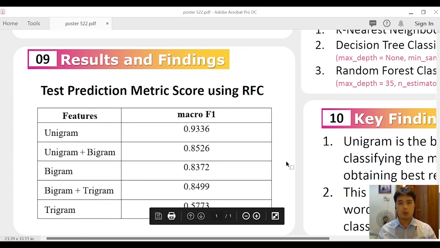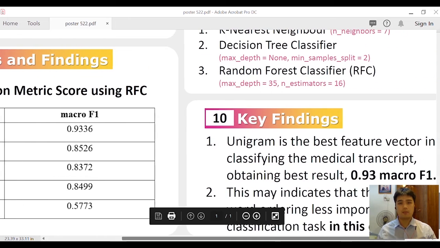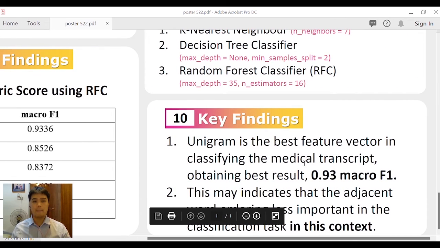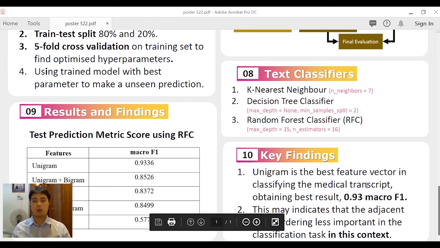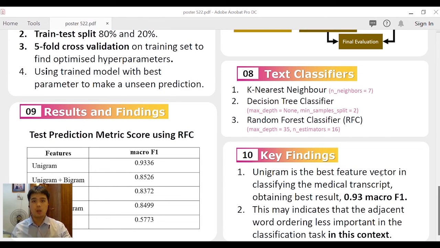The key finding is that unigram is the best feature vector in classifying the medical transcripts, as it can achieve the best result of 0.93 macro F1. As the value of n in the n-gram increases, the performance drops. This may indicate that adjacent word ordering is less important in the classification task. In this context, in fact, considering adjacent word sequences like neighboring words is one of the limitations of n-gram feature representation. Hence, we can deduce that the word ordering for the medical transcripts in this context is less important in predicting